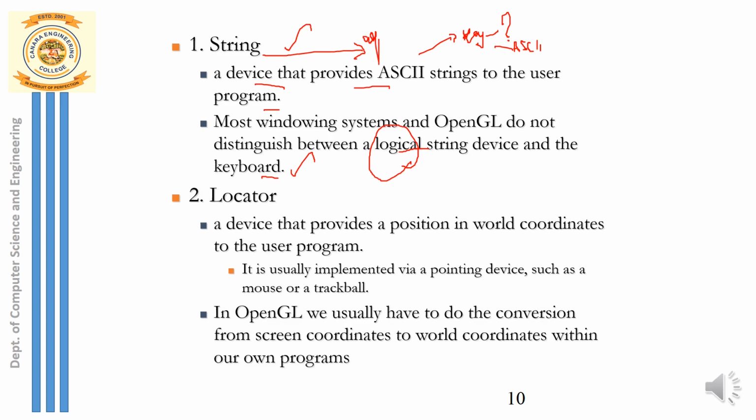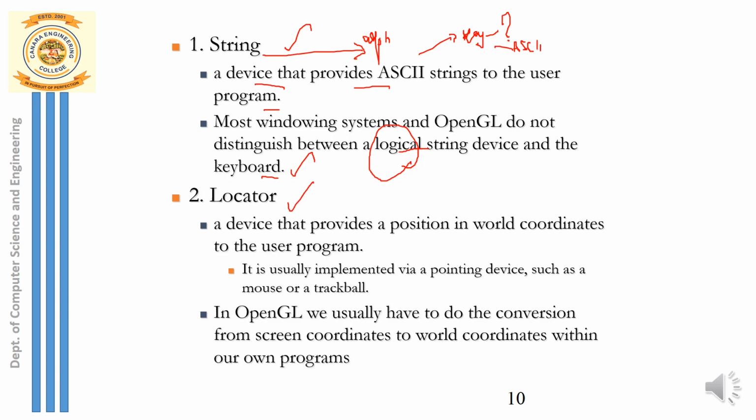Okay, so something like that. Okay, we assume it in that way. So string, when you say, it is nothing but the array of characters and the corresponding ASCII code which it returns. So this is one type of value what the keyboard as the physical input device returns. So this is one of the class.